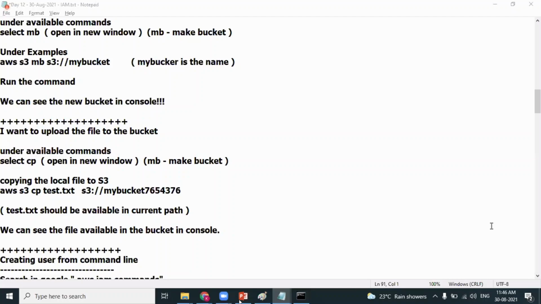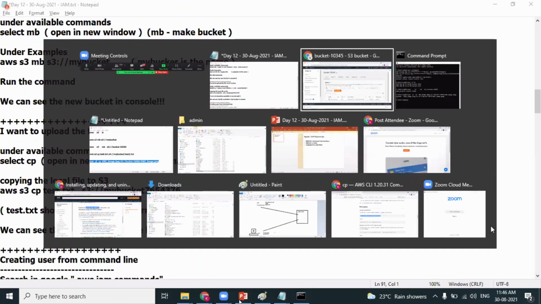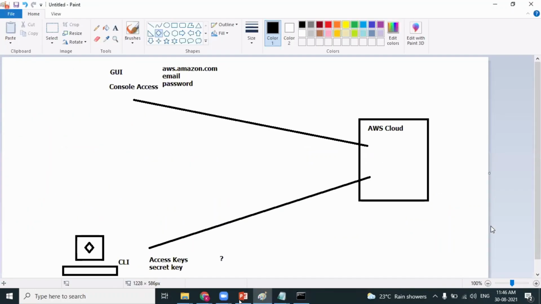Are you clear about the command line approach, how we can connect to an AWS account, how we can work with the command line interface, and what credentials are required? Yes, sir. Actually, my question is: we are enabling replication in the S3 buckets.